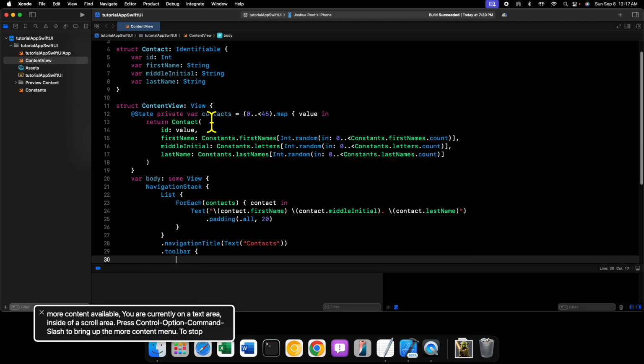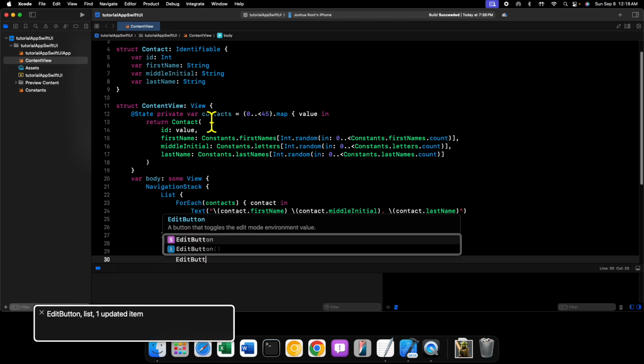And inside of this modifier, so inside of the toolbar modifier, we need to give it what views we want in our toolbar. This can also take in several toolbar item views where you can define a placement, so where on the toolbar you want it to be placed. But in this case, just having edit button here with nothing else will put it in the right place depending on the platform. So we'll say edit button,